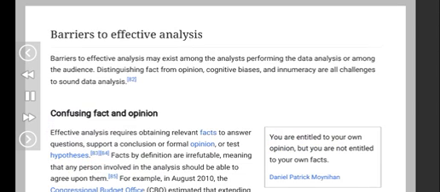Confusing fact and opinion. Effective analysis requires obtaining relevant facts to answer questions, support a conclusion or formal opinion, or test hypotheses. Facts by definition are irrefutable, meaning that any person involved in the analysis should be able to agree